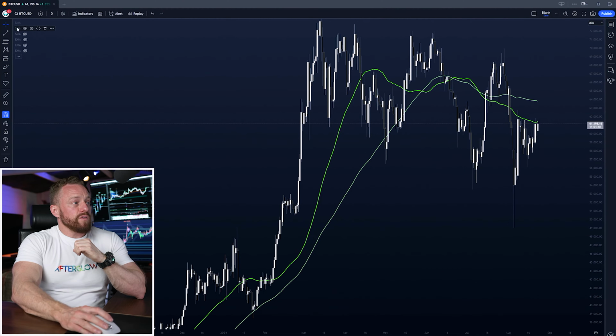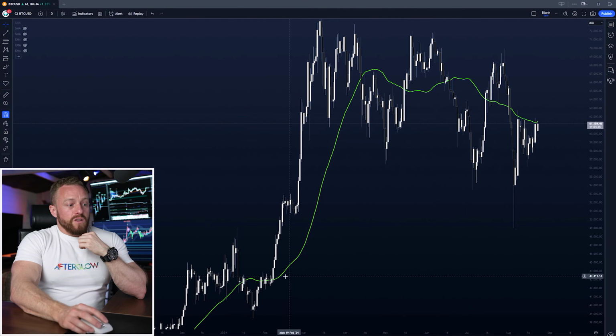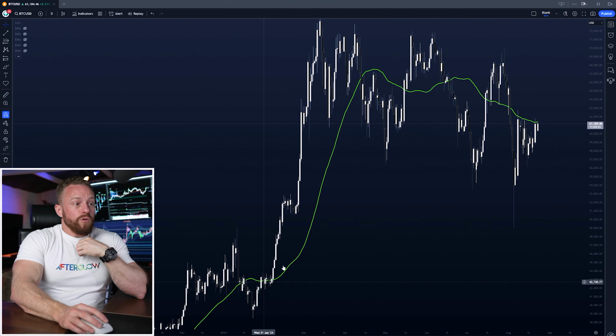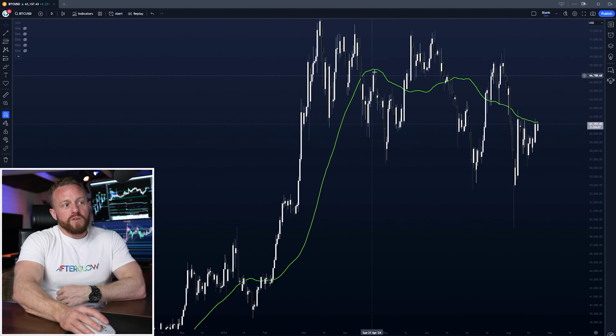If I just turn off these and show the 50 line, you can see before this recent pump in Bitcoin in February, price was hugging that 50 line, and then it flipped that to support. We got this big move up over several weeks, but then not long later, you see the price action drops below the 50 line, comes back up here on the 24th, 23rd of April, and it's flipped that 50 line